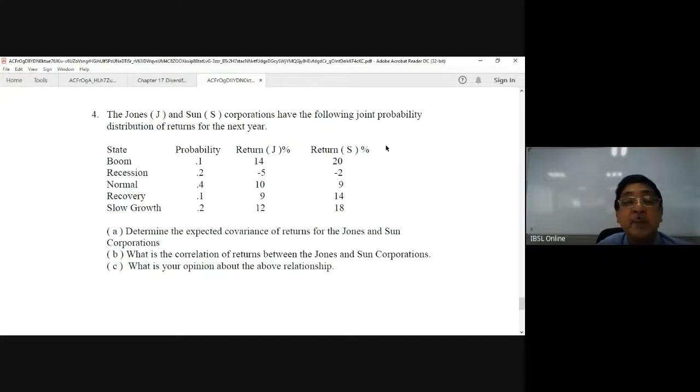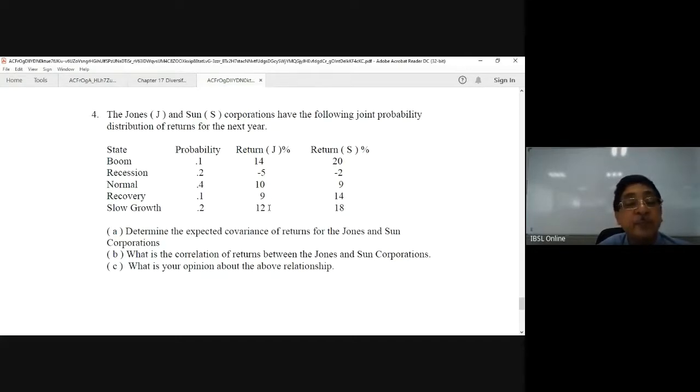and the other company is Sun Corporations. Now this Jones Corporation will have an expected return of 14% at the boom state, and minus 5% at the recession state, 10% at the normal state, and 9% at the recovery state, and the 12% at the slow growth